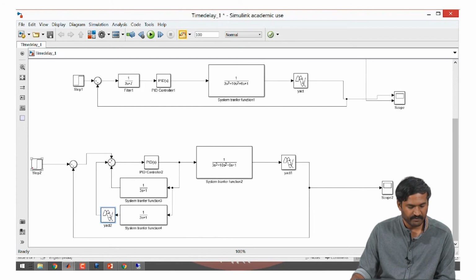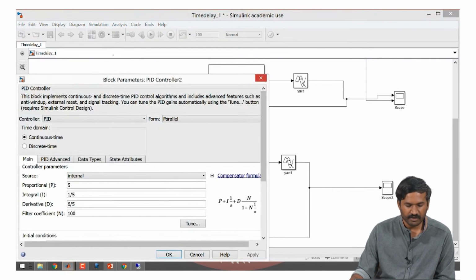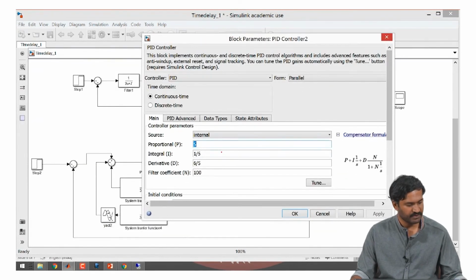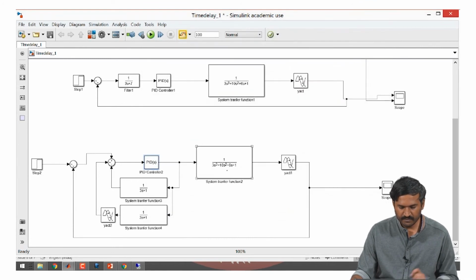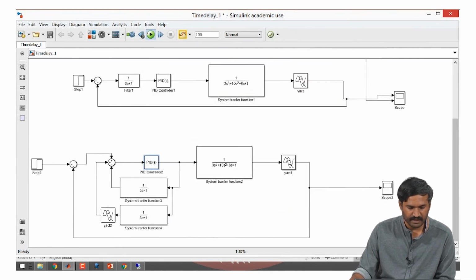That has been added, and we give a step input to the set point and pass it through the PID controller. The PID controller parameters I have chosen based on the previous analysis. Now, we can just run it and then see the output.